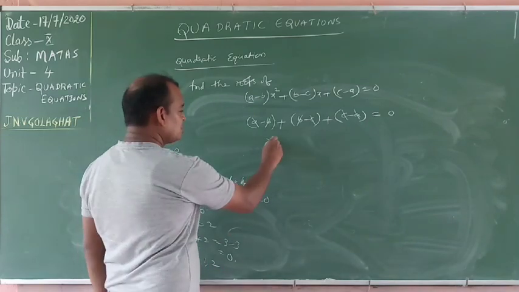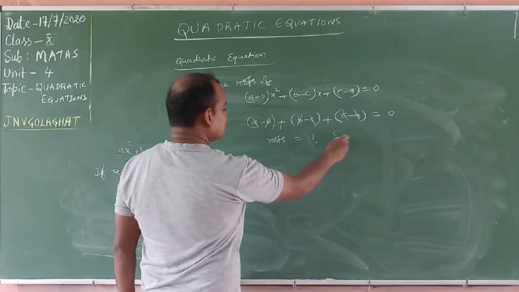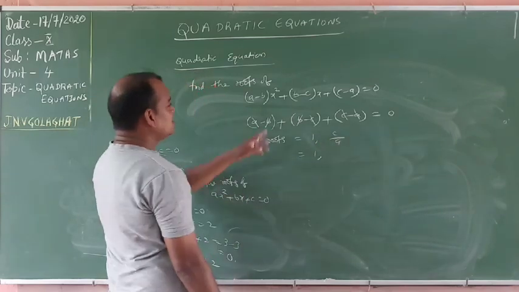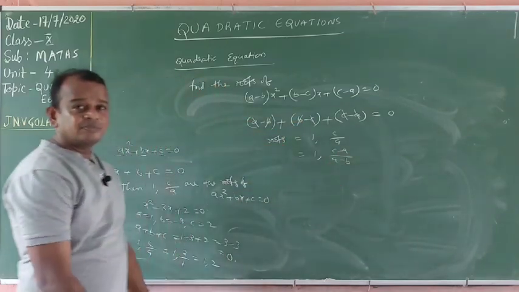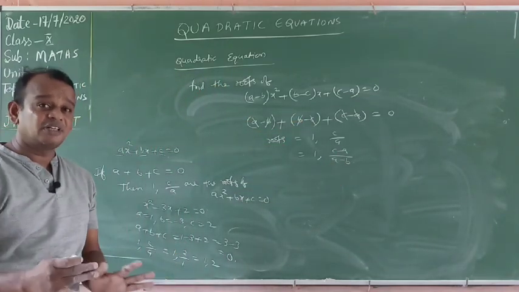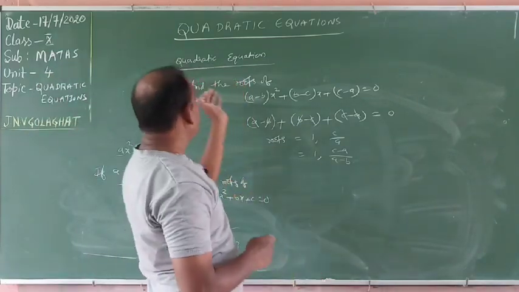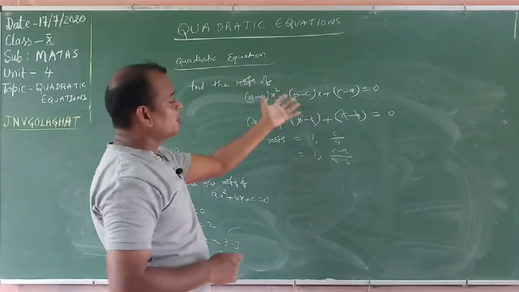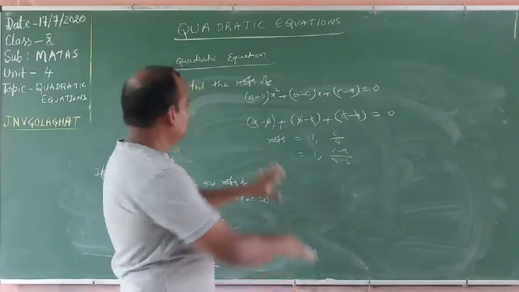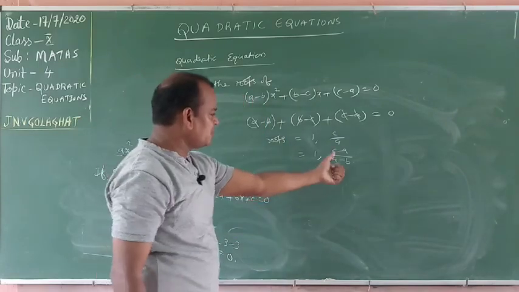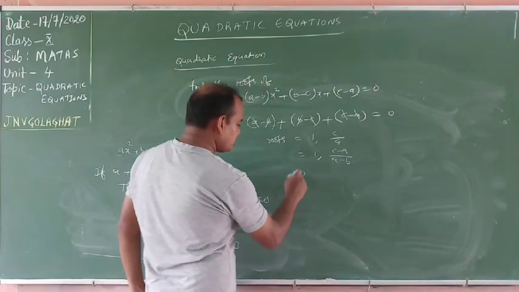What are the roots? The roots are 1 comma c by a. What is the c? c minus a by a minus b. Roots found out. After that, by using this one, we will find one relation. For suppose, if the roots of the quadratic equation are equal, then find the condition. Next one. Okay, first we find the roots. What are the roots? 1 comma c minus a by a minus b. Those roots are equal. What happened? First of all, these roots are equal.